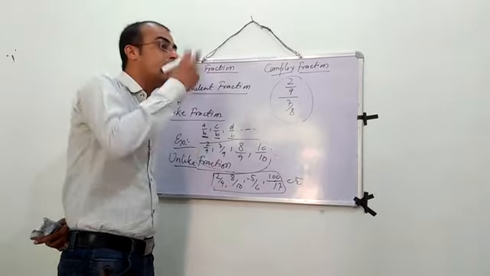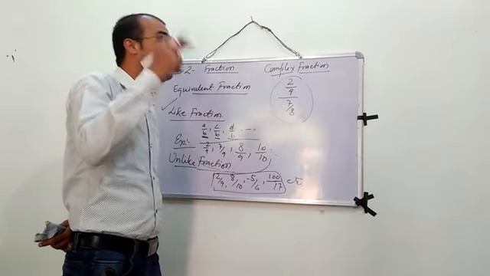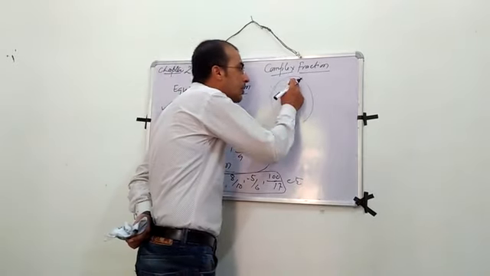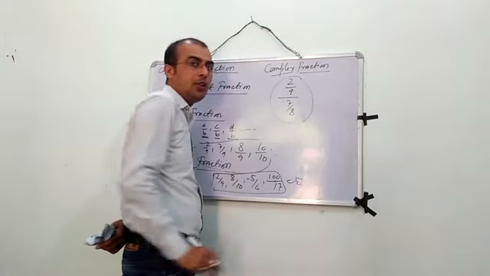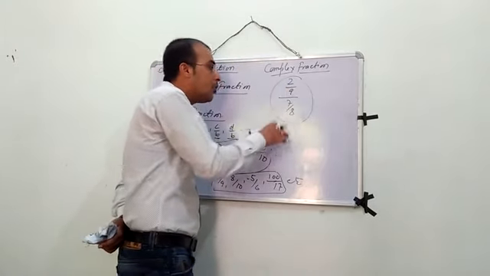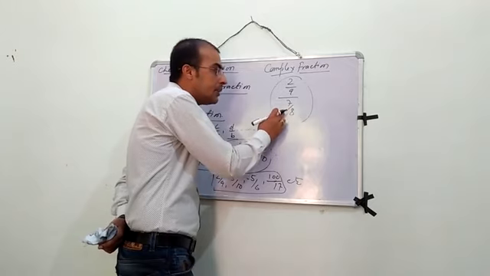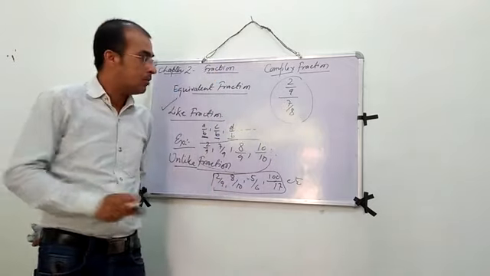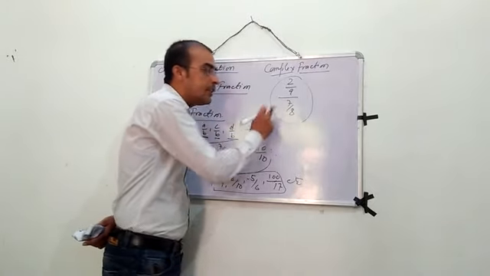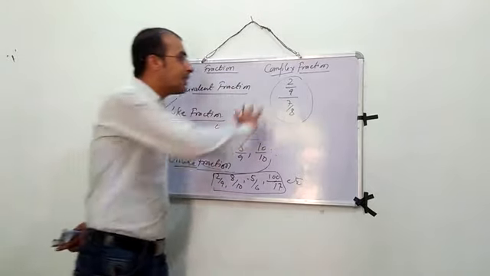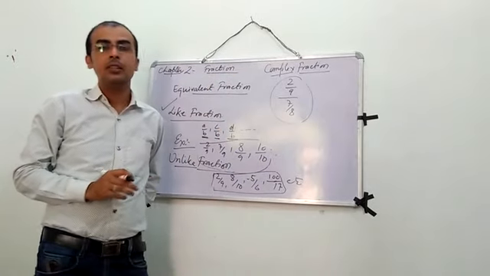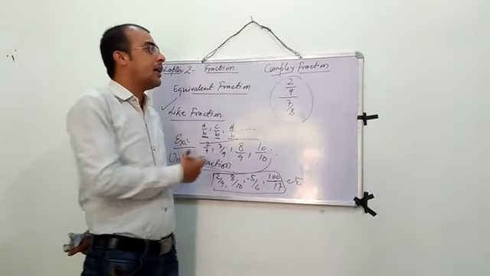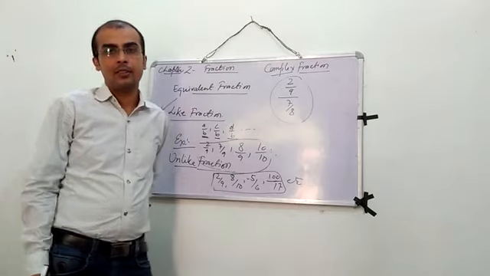In the numerator and denominator there is also a fraction, in which one is the numerator and another is the denominator. And in the denominator you see 7 by 8, where 7 is the numerator and 8 is the denominator. If you study this type of fraction, then we can say that this is a complex fraction.